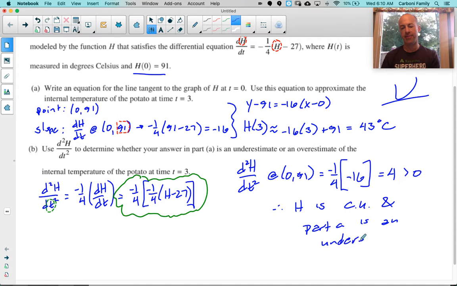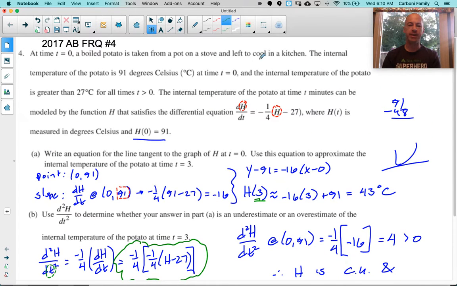However, the slight flaw in using the specific point to determine concavity is that that just tells us that we're concave up at that point. Maybe by the time we get all the way over to 3, which is the point we estimated, the function turns back to concave down. And that's something we have to worry about, the concavity between the point of tangency and the point we estimated. So what I'm going to do is, if you look back up at the information, they tell you that